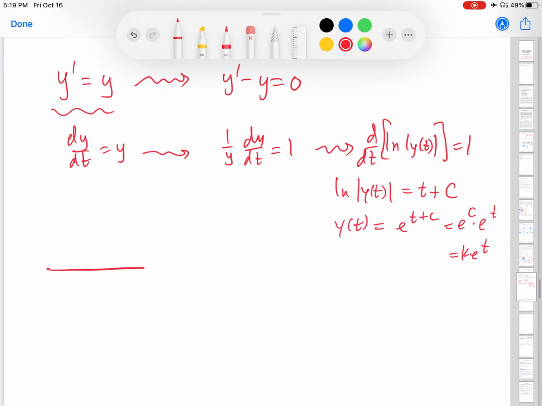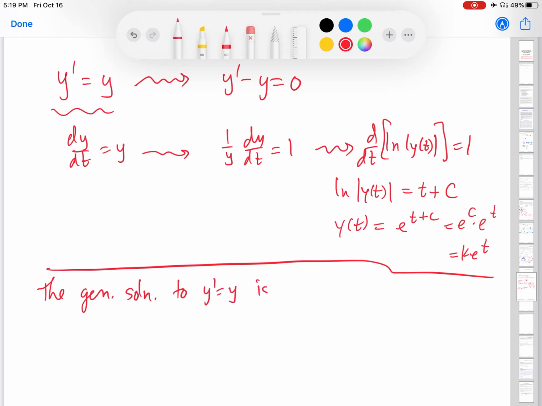All right, so what I've just reminded you of is that the general solution to y prime equals y is y of t equals k e to the t. All right, so what do I mean by general solution, right? This means that every solution to y prime equals y can be written as k e to the t. So that's the first thing, right? If you listen to what I just said, put on your linear algebra hat,